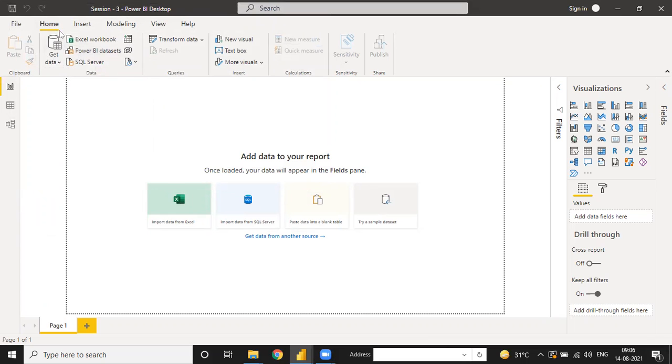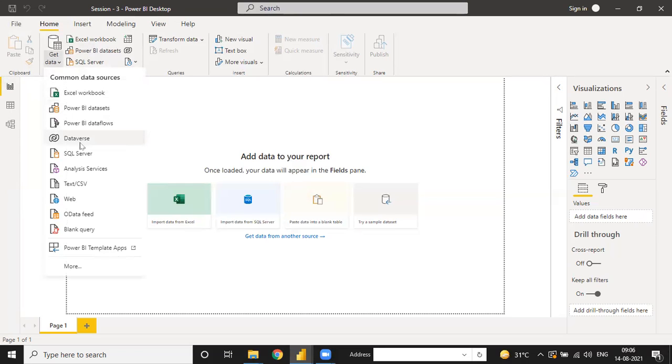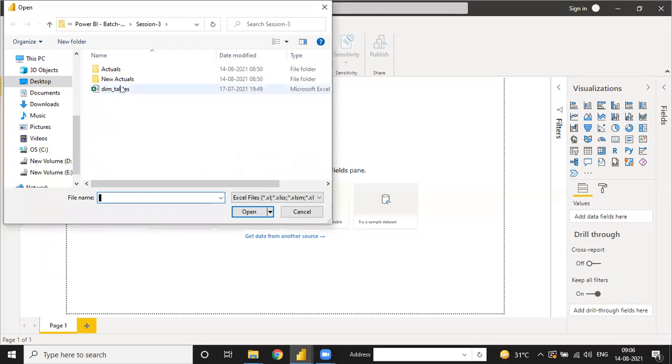Now we have to extract the file in Power BI. From where do we extract? From Get Data. Okay guys, if you have any doubt related to anything, please ask me directly, today itself. Now we go to Get Data and extract multiple files. Yesterday we extracted just one file, in Excel format. Now we move to the Excel workbook, the dim table, which is just an Excel file. How do we extract this file? You can directly click and open.